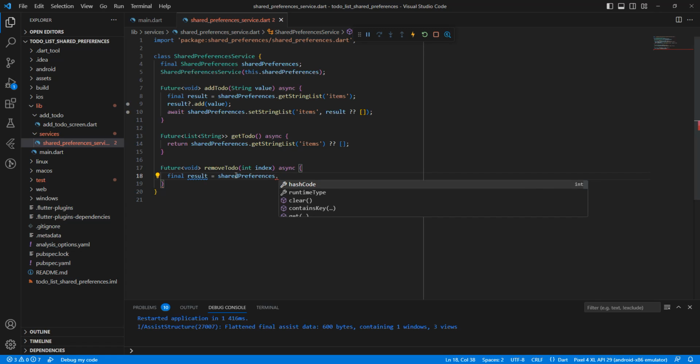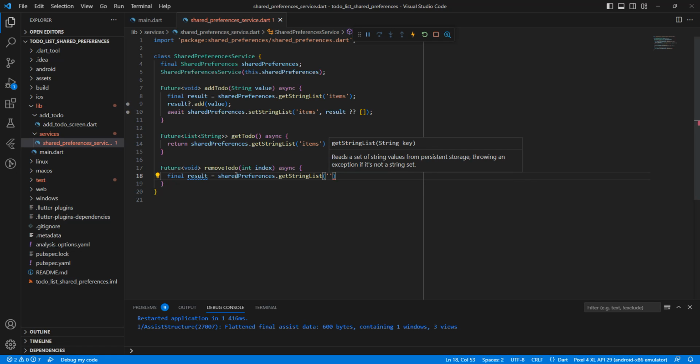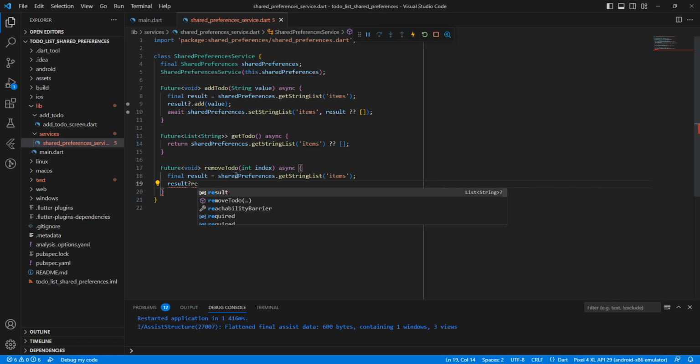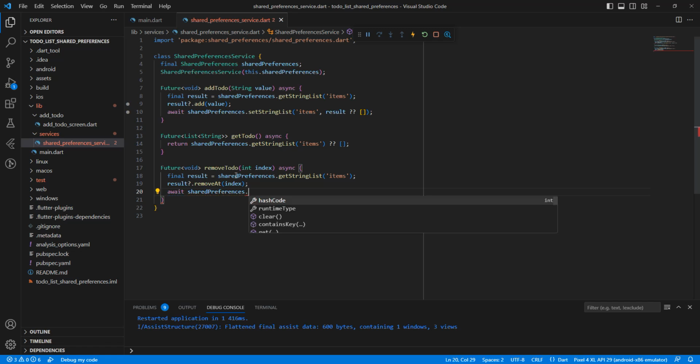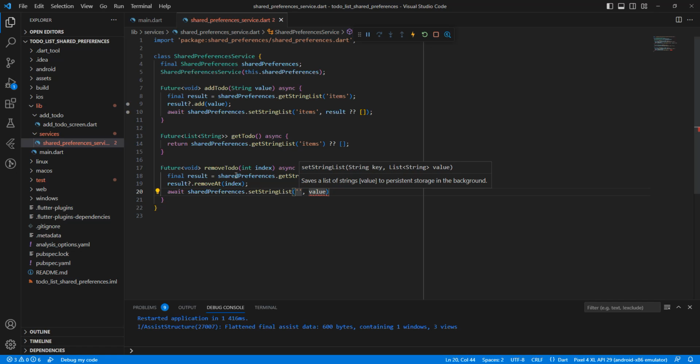SharedPreferences get string list, key items, then write result remove at index and write await SharedPreferences set string list, write key items and add result